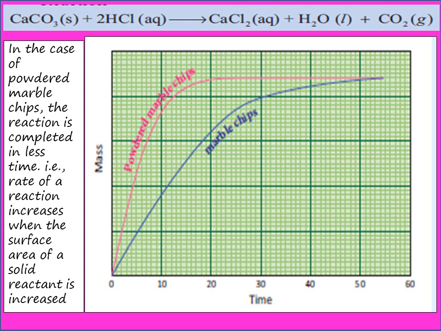When calcium carbonate is treated with hydrochloric acid, we know that it gives brisk effervescence. Another form of calcium carbonate is marble. If you put it in dilute hydrochloric acid, even that will give effervescence, but the speed at which the formation of effervescence or completion of the reaction happens is very slow. If you see the graph, powdered calcium carbonate takes very minimum time to complete the reaction and it gives brisk effervescence of carbon dioxide. But the same with marble stone, the reactivity is slower. So if surface area is higher, the rate of the reaction will also be higher.